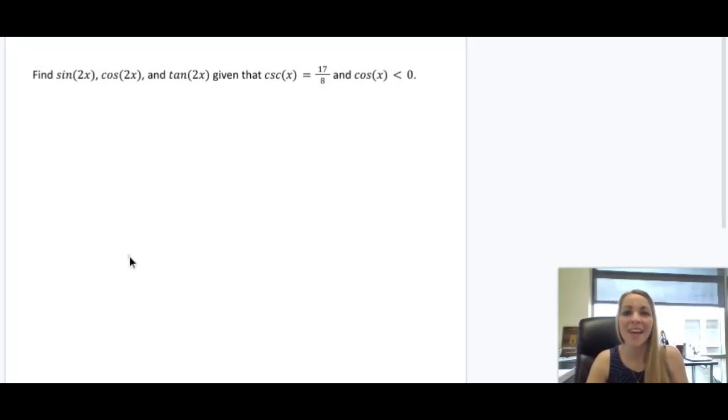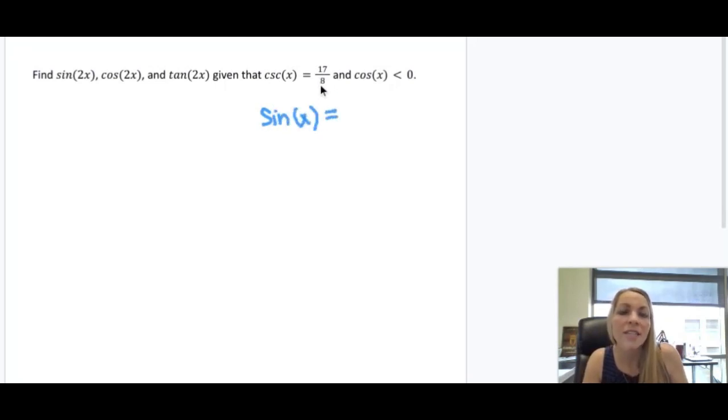Here's our problem today. Find sine of 2x, cosine of 2x, and tangent of 2x, given that the cosecant of x is 17/8 and cosine of x is less than 0. To start, I am going to change cosecant of x into its reciprocal function. The reciprocal of cosecant of x is sine of x. So I have the sine of x